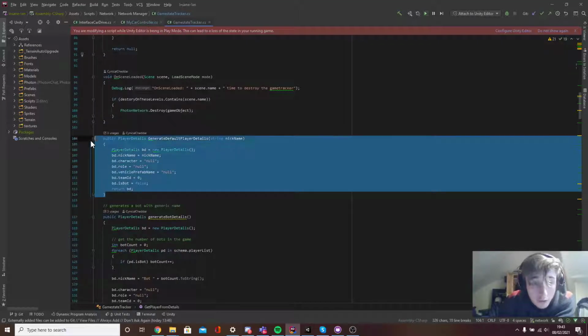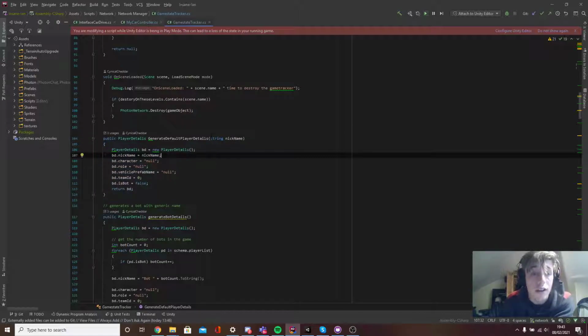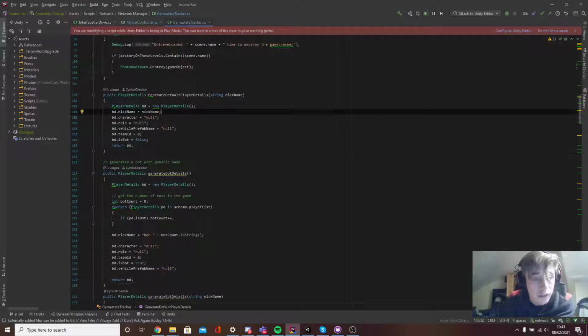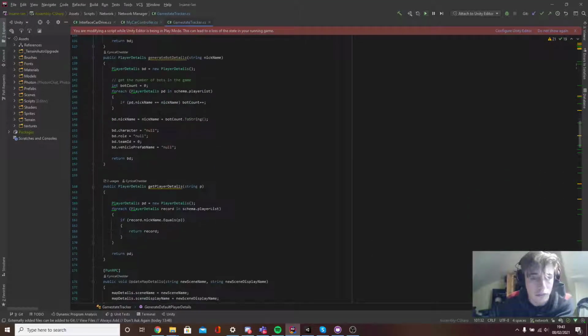Generate player defaults. This basically just fills in. It's not really liking constructors right now. If I can fix that, I will fix that. But you generate a new record in the database, in the structure, by just giving it a name. And it doesn't actually add it, it just generates a record. The next thing you'd want to do is basically do something like